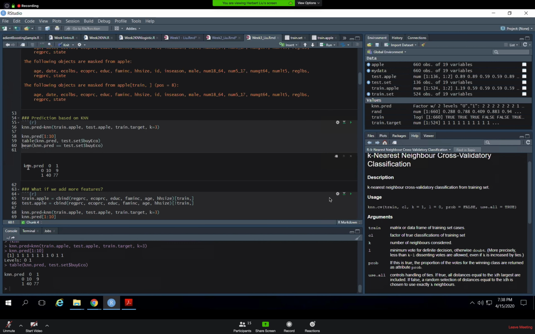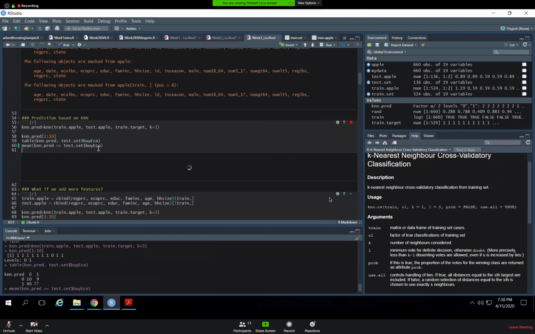When the prediction equals 0, there are 10 true values that are zeros as well. Altogether, 87 observations are correctly predicted, and 49 observations are incorrectly